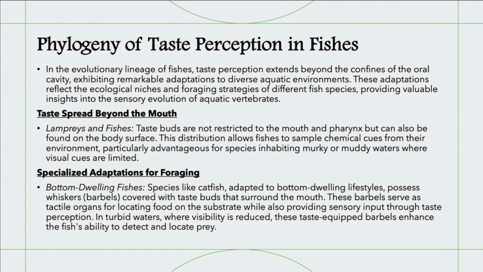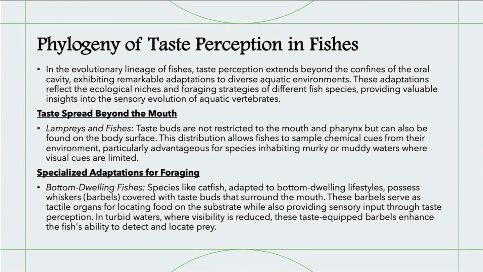This allows these fishes to sample chemical cues from their environment, and is especially helpful for animals living in murky, so basically very dark, very dirty waters, where they're not really able to see many things. Their chemoreceptors help them find, in a way, kind of smell, but not exactly, but they're able to find their